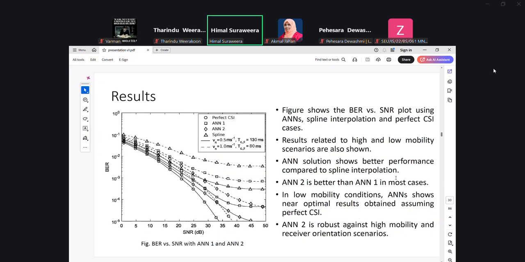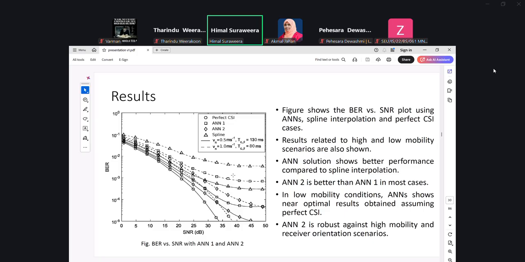So basically, what we have shown out of this result is that when you have, of course, perfect channel knowledge, that is the best that you can do. So this one was considered as a baseline scheme, just to see how effective our ANN-based solution is.